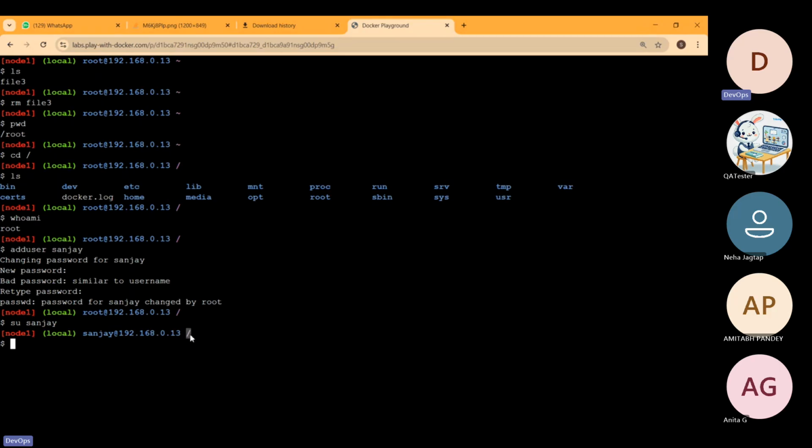By default this is logged into the root folder. Now if I type whoami, I will get Sanjay. You can see when I type whoami, it is showing Sanjay. But in Linux, you don't have all